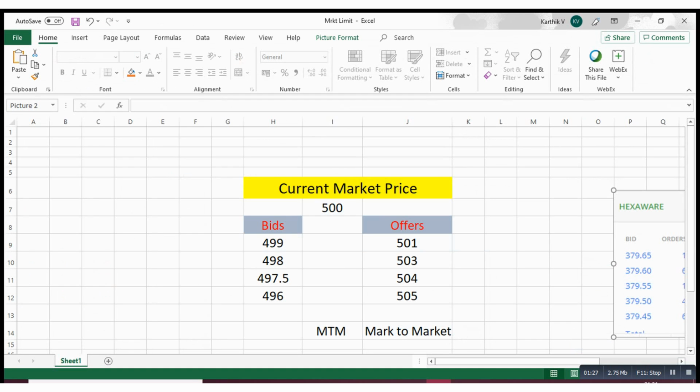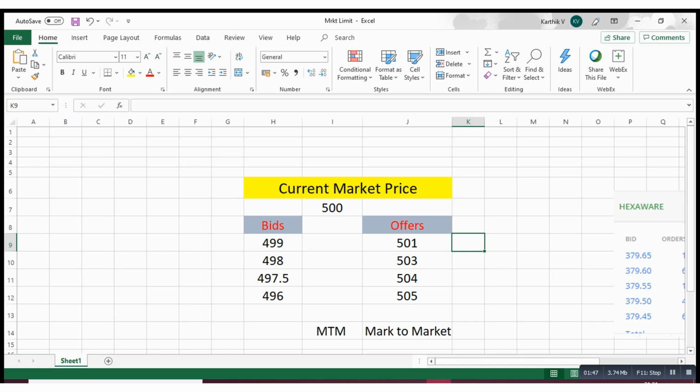Let us say the current market price of a particular stock is 500 and you want to buy 100 quantity of this stock. The current market price is 500 and you want to buy 100 quantity. So you are trying to place a market order. So what happens is,